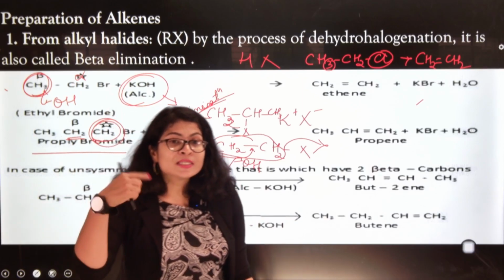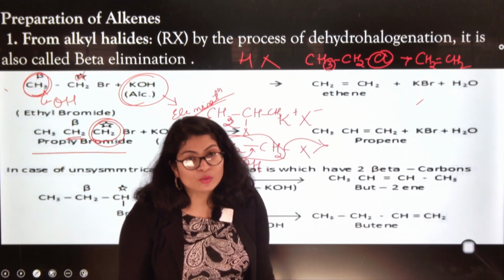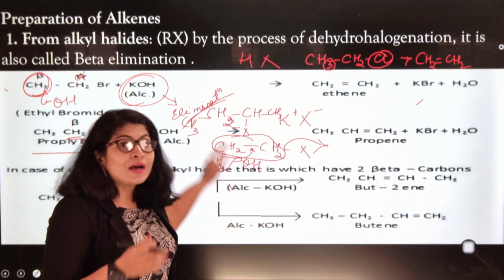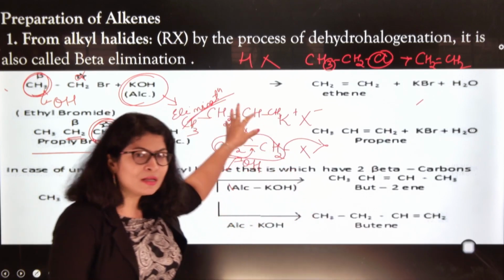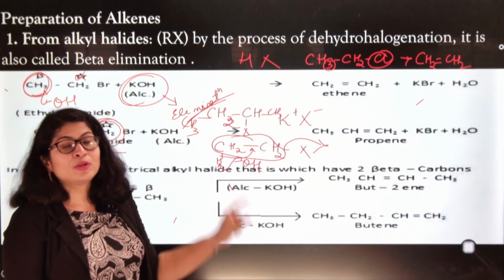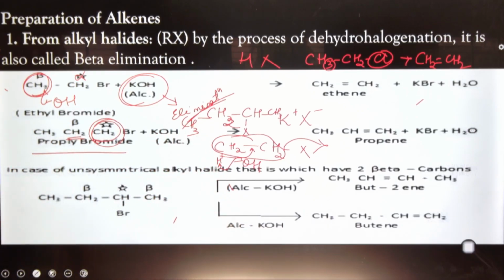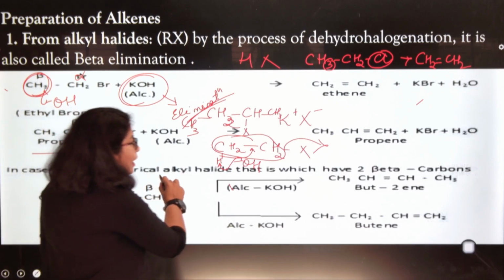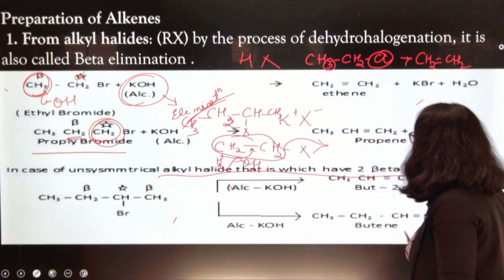Then in that case we follow a rule called Markovnikov's as well as anti-Markovnikov's rule, basically in case of unsymmetrical alkene, and that's where questions come from. Symmetrical, nobody is going to ask, this is for your understanding only, but questions usually come from this unsymmetrical part. So what happens in case of an unsymmetrical alkyl halide that has two possible beta carbons? Suppose